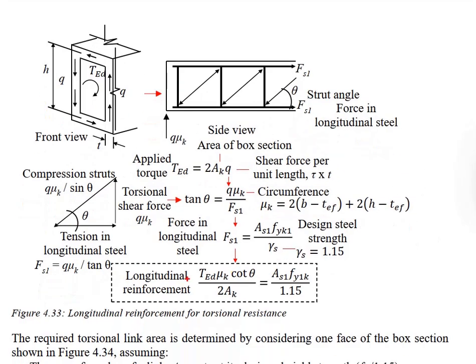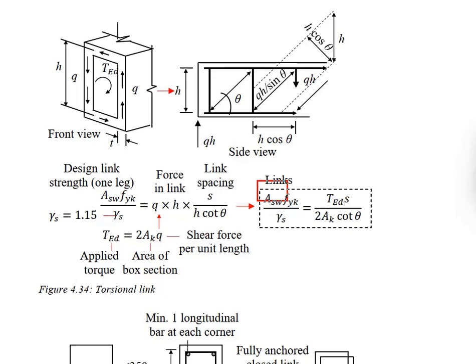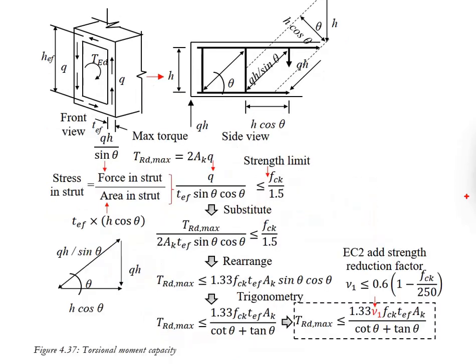The derivation processes for longitudinal reinforcement, for the torsional link, and also the compressive strut have been discussed. By putting all these three together, this establishes the fundamental principles of the design of a member subjected to torsional